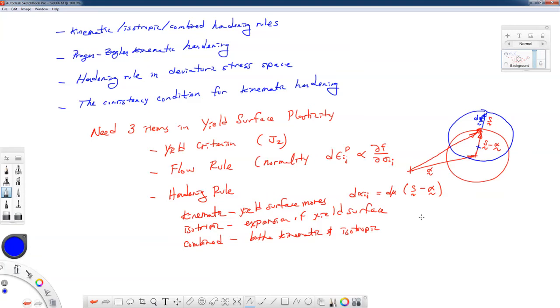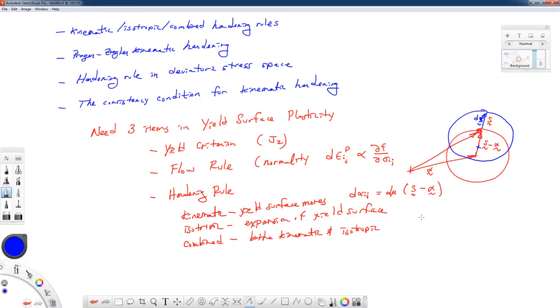We can discuss those things as we dive into the details a little bit more in depth. All right, so if you've noticed, I've drawn this yield surface in deviatoric stress space. We can also formulate all of this in regular stress space. If you're dealing with an anisotropic material, then you might want to just go ahead and work in regular stress